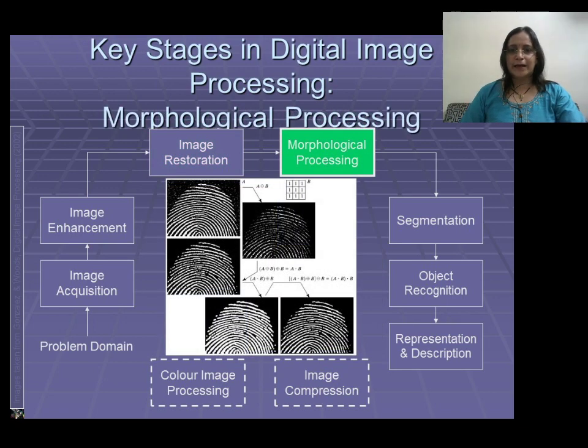The next technique is morphological image processing. These are operations that process the images based on their shapes, and we call it morphological processing. There are many morphological processing operations on these images, like dilation and erosion. That means, as we have seen here in this particular image, there are very small minute gaps. We have to make them clear. So we are applying certain operations like dilation, erosion, opening, closing. So all this comes under morphological processing.